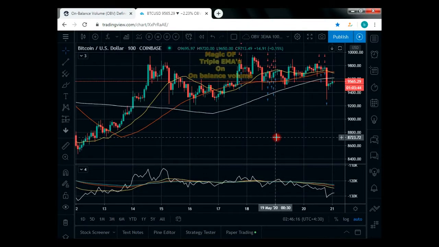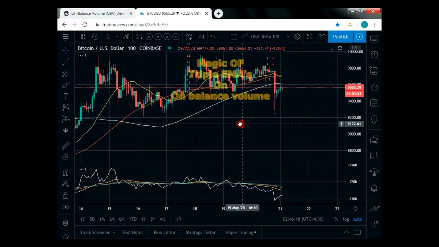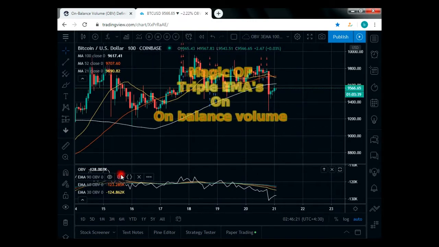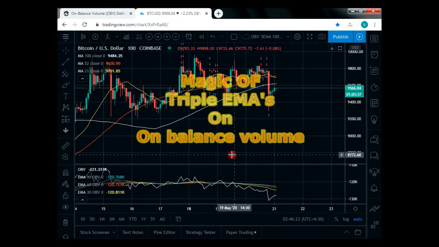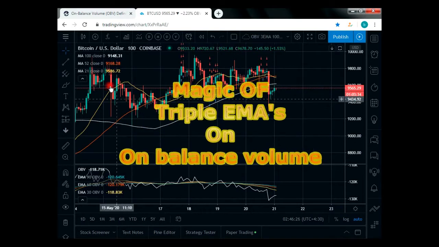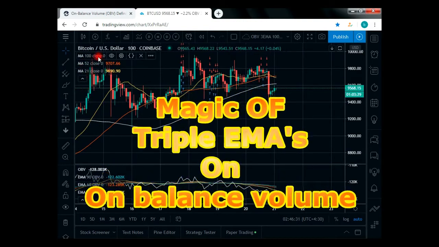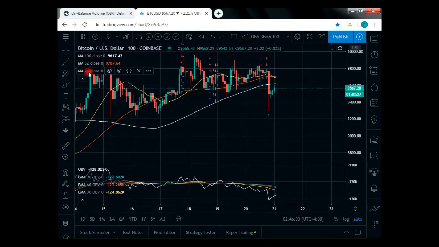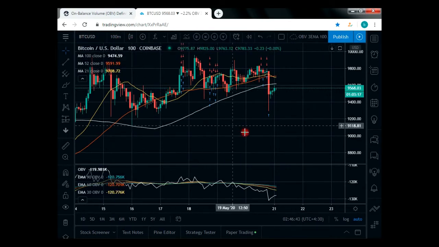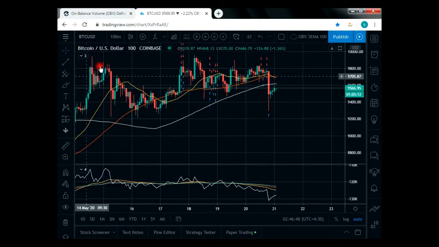Hey guys, welcome to this video. I'm going to show you how triple EMAs work on On Balance Volume. As you can see on the chart, we have three simple moving averages: 21 periods, 52 periods, and 100 periods, and our time frame is about 100 minutes. It is BTC/US dollar on the Coinbase